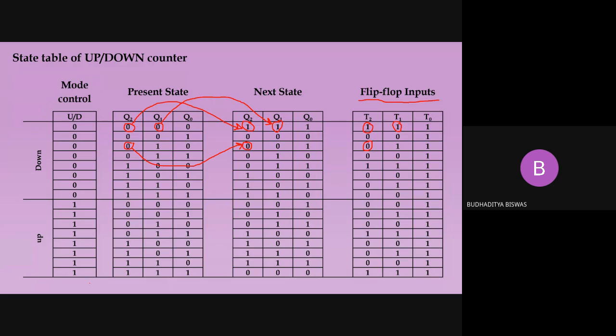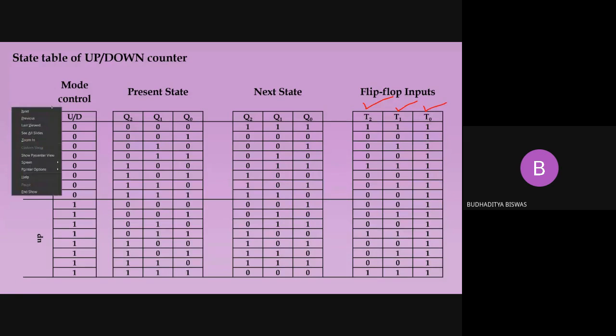So whenever the same state is there, from 1 to 1 or 0 to 0, T input equals 0. And if it toggles between 0 and 1, or 1 to 0, then the T input equals 1. That is the property of the T flip-flop, and it comes from the excitation table of the T flip-flop. Now check this one. We need to find out the expression for T2, T1, T0, also the mode control,